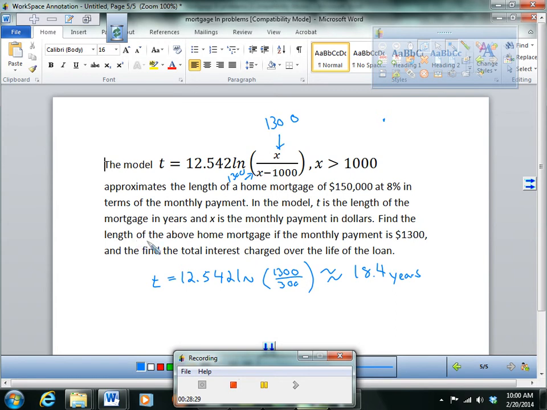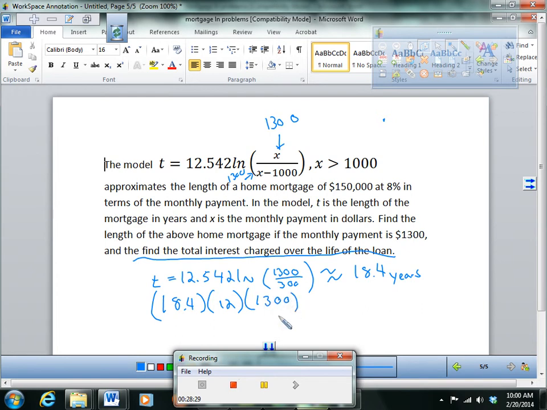So it says, find the length of the above home mortgage if the monthly payment is $1,300. We did this. And then find the total interest charged over the life of the loan. So it's 18.4 years. How many months in a year? 12 months, and each month you're paying